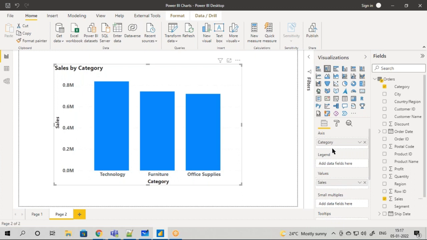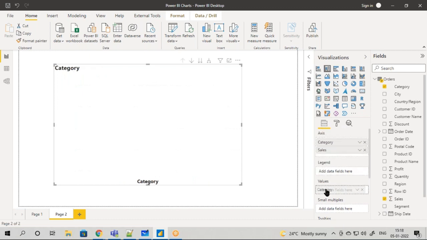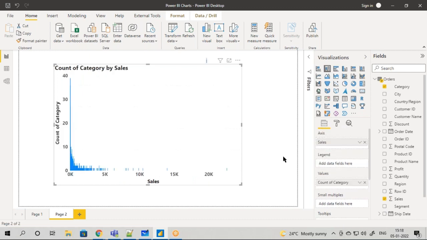Let us say, what if I reverse it? Sales I drag here and category I drag in this. Remember one thing, your Power BI will never say it is wrong or right. The right or wrong comes in how readable your chart is. If your chart is not readable, then there is no use of creating your visuals. One has to understand the story behind your data by just seeing the graph. You should never speak, your graph or your visual should speak.